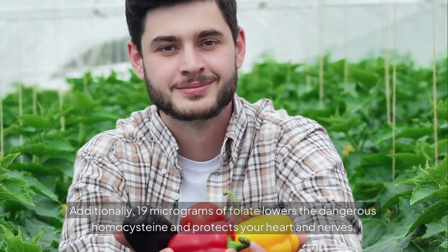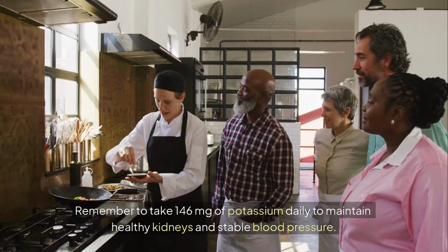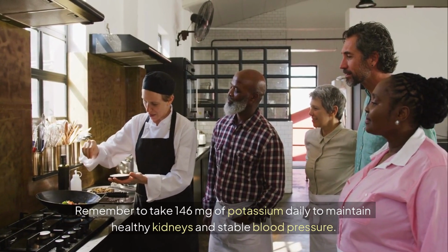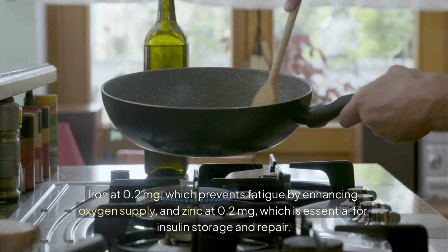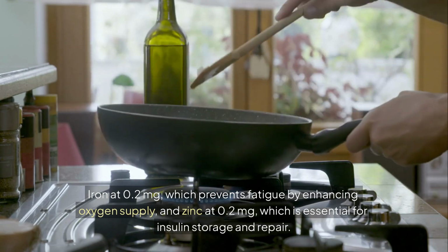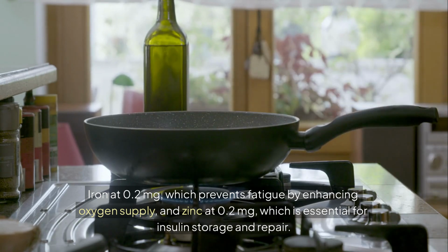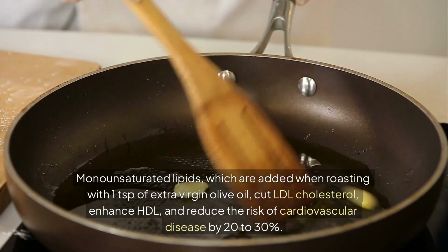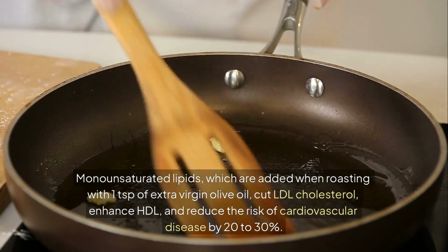Additionally, 19 micrograms of folate lowers the dangerous homocysteine and protects your heart and nerves. Remember the 146 milligrams of potassium, which maintains healthy kidneys and stable blood pressure. Iron at 0.2 milligrams prevents fatigue by enhancing oxygen supply, and zinc at 0.2 milligrams is essential for insulin storage and repair. Monounsaturated lipids, which are added when roasting with 1 tsp of extra virgin olive oil, cut